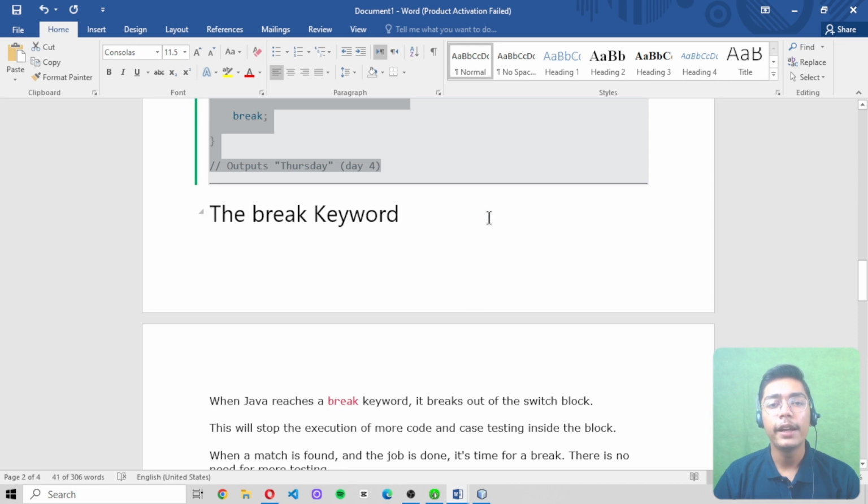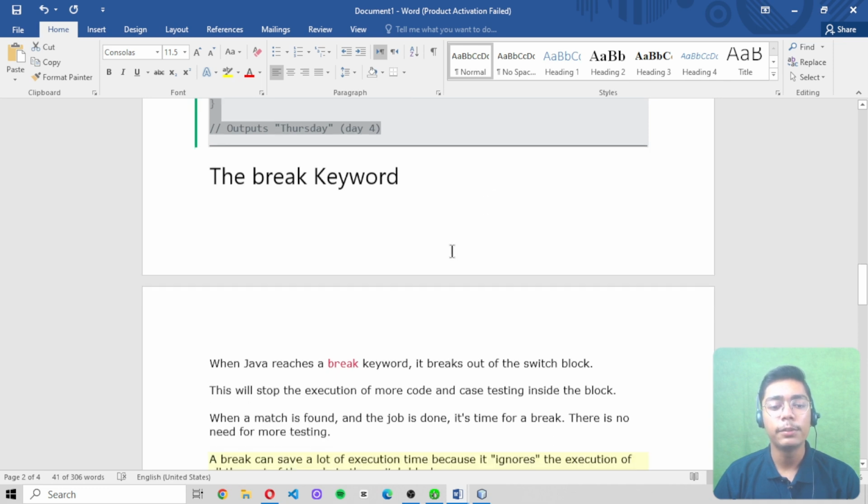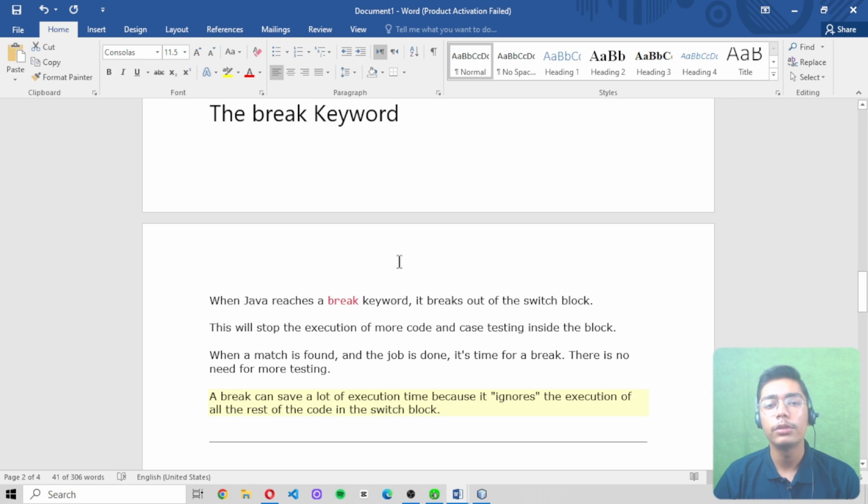But as I told you, break and default keywords are optional things, but we need to understand them if we are working on a switch statement. This is not a really important thing, but a thing which a beginner should understand if they are starting with switch statements, so that they do not have any confusion about it. So if we talk about the break keyword, when Java reaches a break keyword, it breaks out of the switch